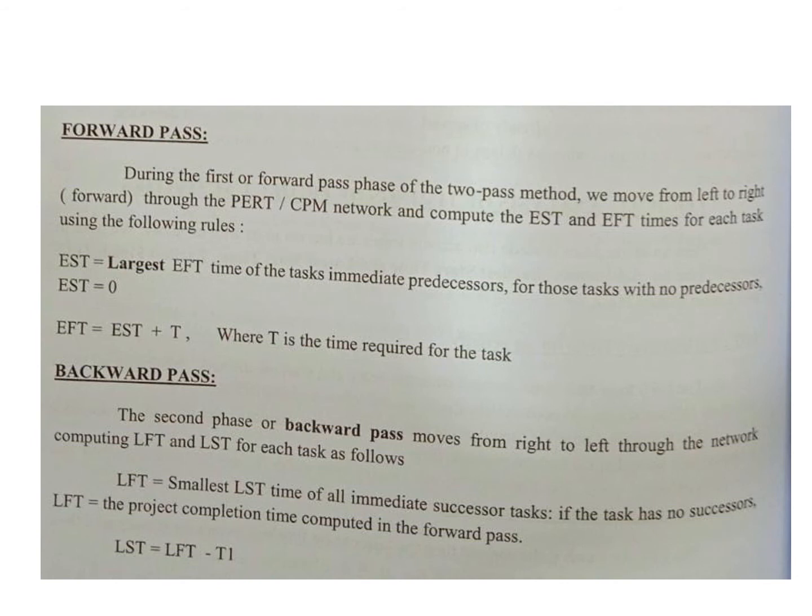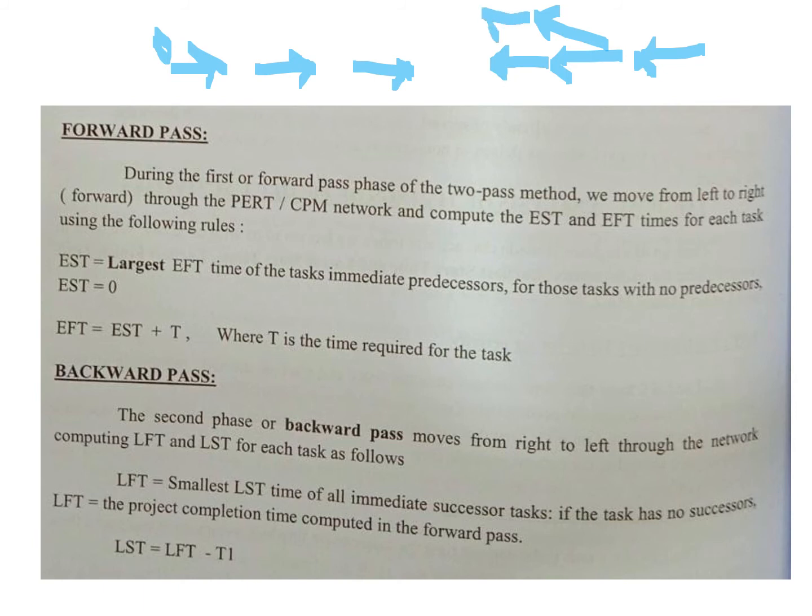Now there are two ways of looking at activity. We could look at it in terms of how it goes in the forward direction, starting with 0, or in the backward direction. For an activity to finish, it will take so much time. Before that, you might require 2 more activities to happen. Before that, you might have another series of 2 or 3 more activities to happen, and so on. So this is one way of looking, and this is another way of looking.